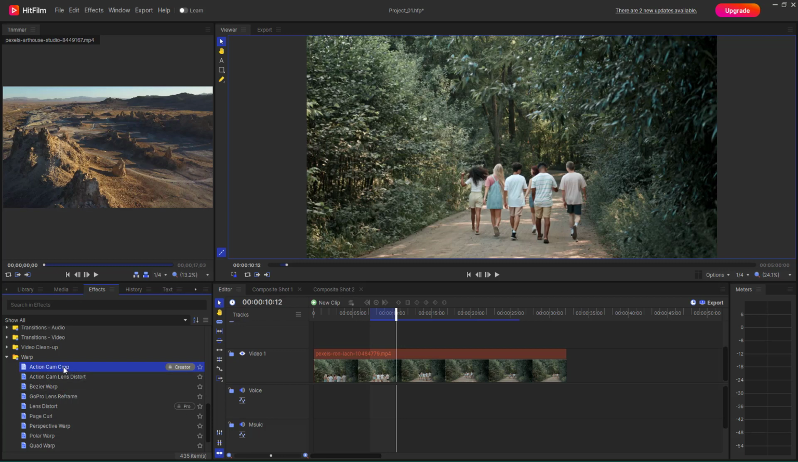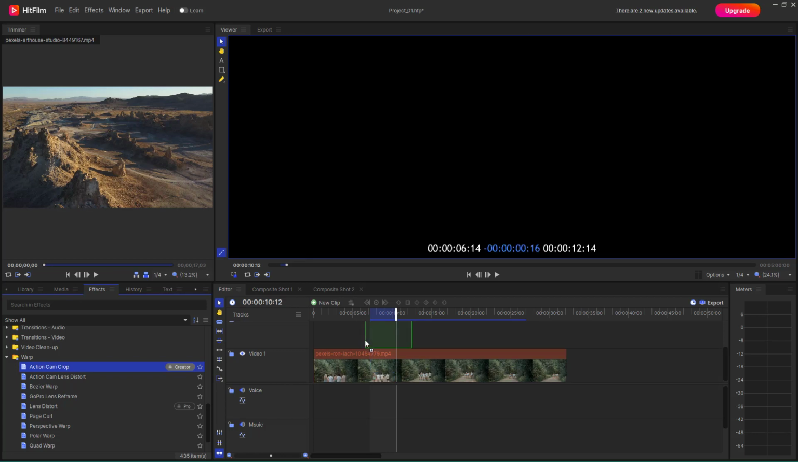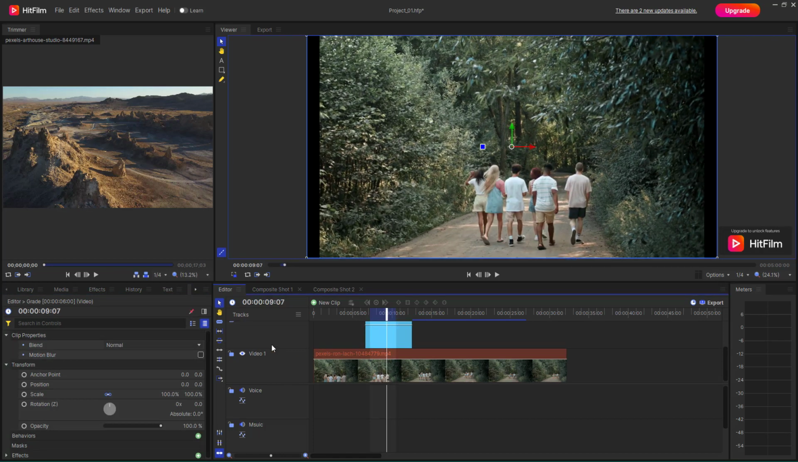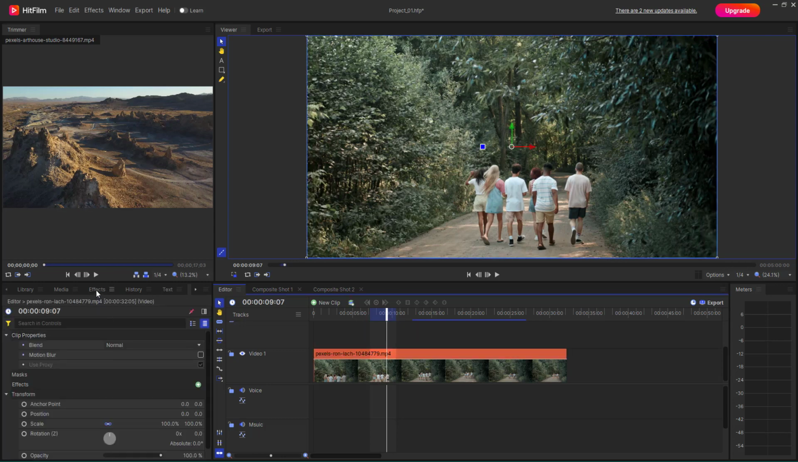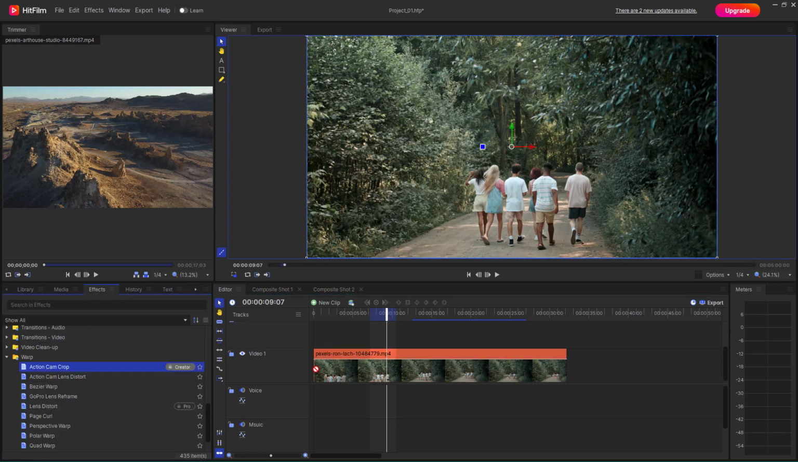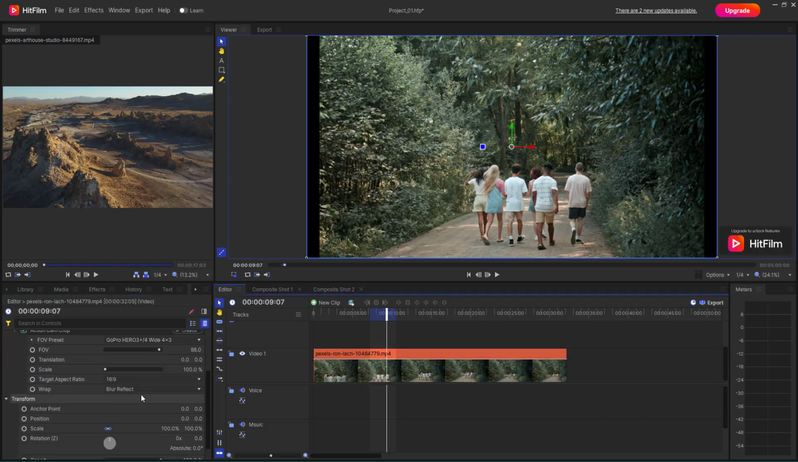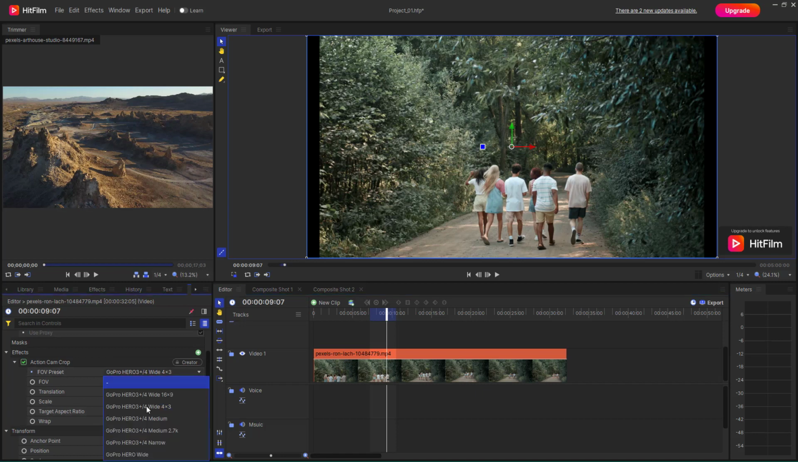So if I bring this in on top of the clip, you can see that I can keep it right here on top of the clip in the track, so that all the layers beneath the effect are affected. And I can bring in the Action Cam crop on my particular clip as well. So now you can select a preset for the field of view,